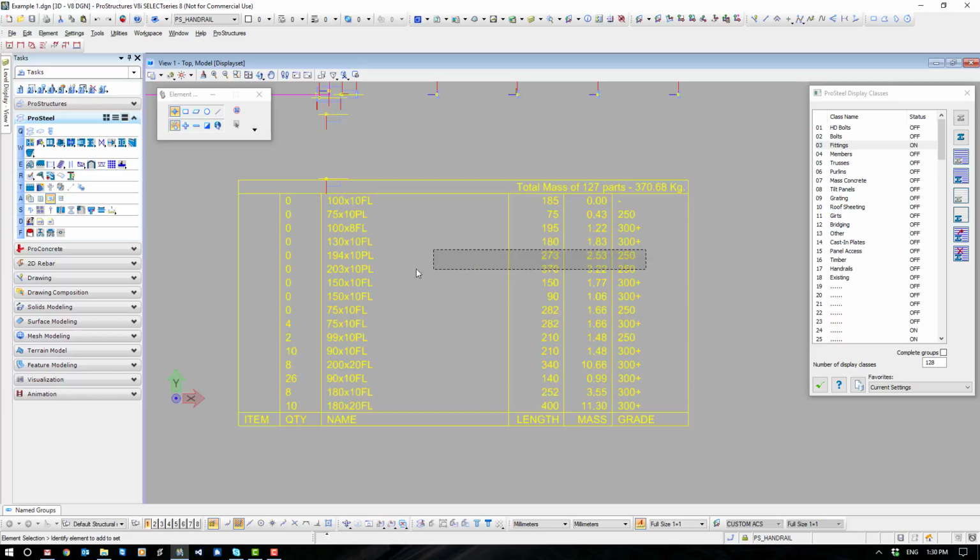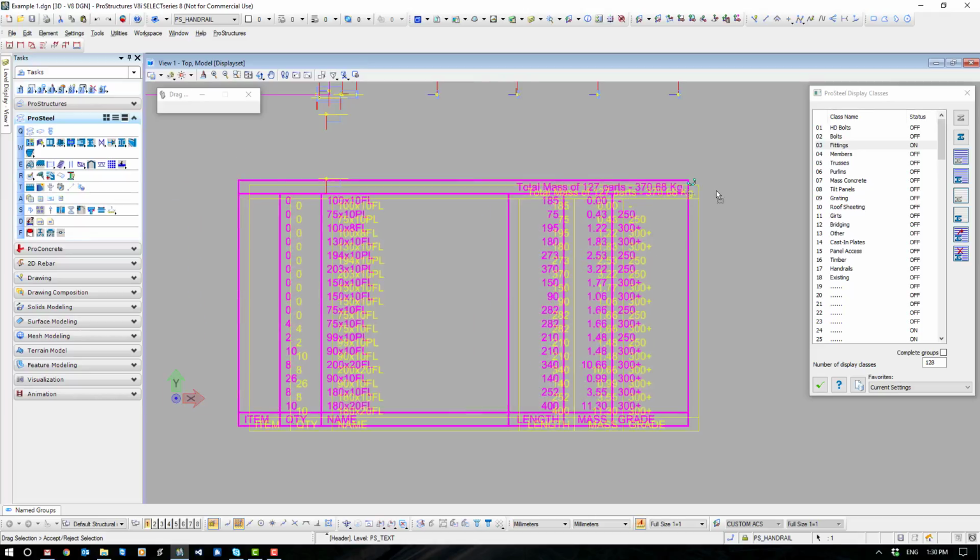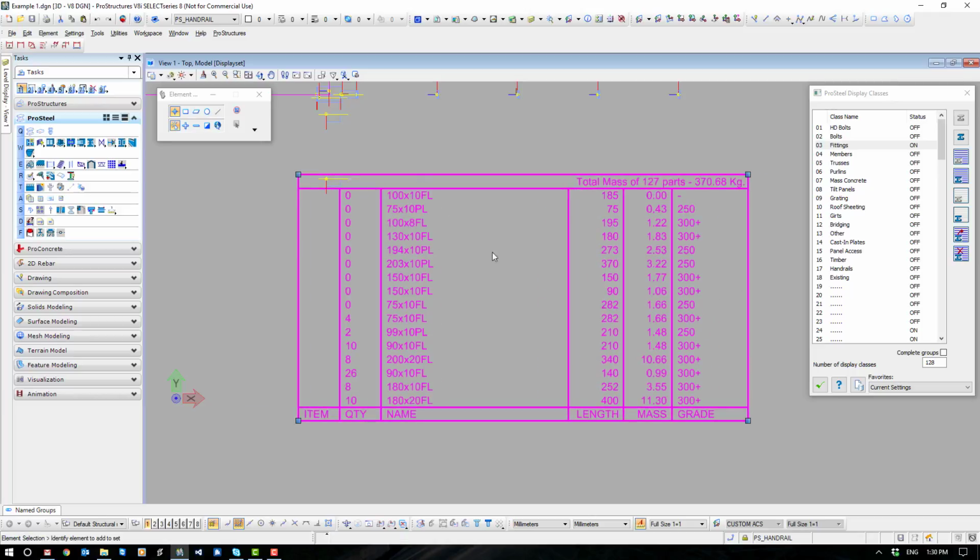Anything that's plate needs to be grade 250. I just have to make sure all the PLs, all the plates, are grade 250, and any FLs, flat bar, are 300 plus because it's hot rolled. I've got to run through and make sure the FLs and the PLs all line up, so we don't end up with something that says plate 75 by 10 and things like that. All of these look pretty good, which means I'm going to go and find that 100 by